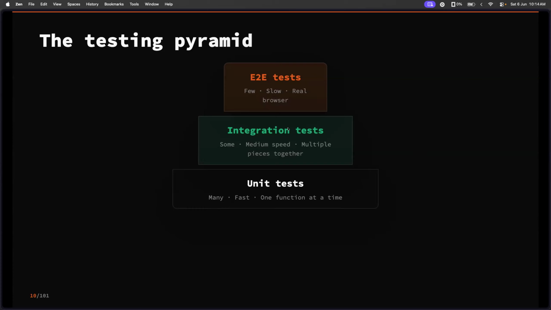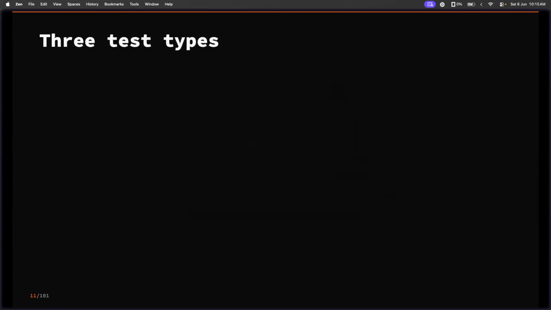Then at the very top, these are like the holy grail of testing, end-to-end testing. With the system that I will use, they will open a browser, log in, click buttons, start swiping cards, and basically simulate what a real user would do on your application. That way you can catch anything. And yeah,